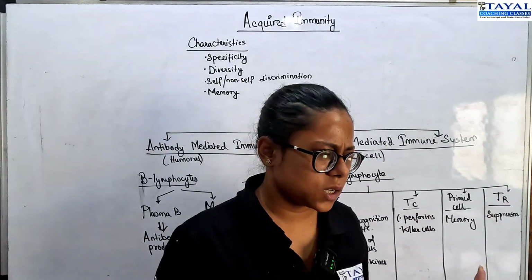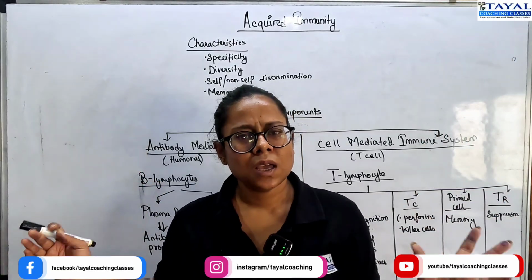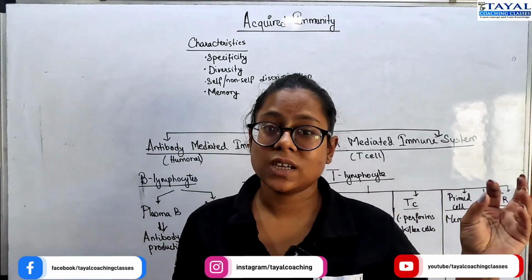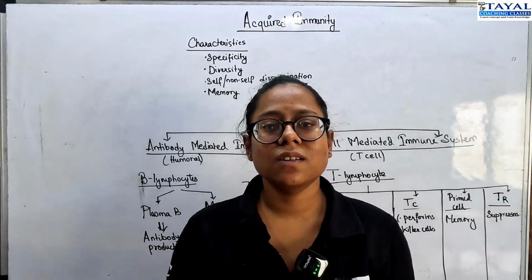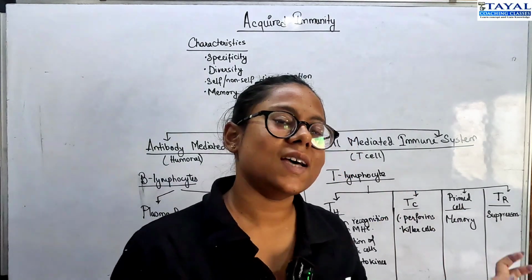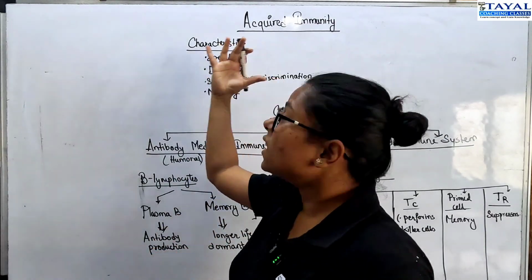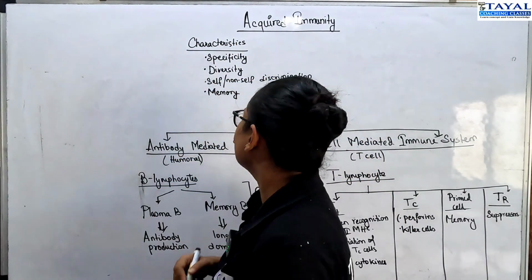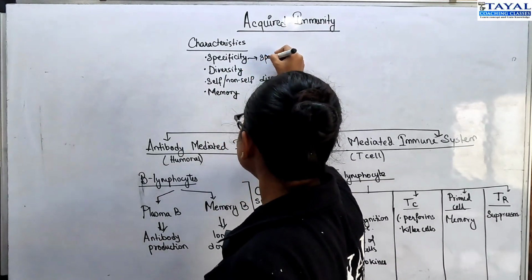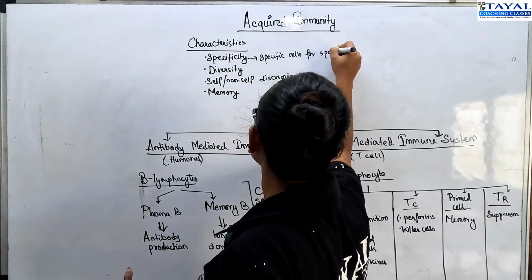So if it is a virus, let's work some way. If it's a bacteria, let's work a different way. Nothing like that. It's one whole system that works against anything that is an antigen, right? Anything that is an antigen, I say, because antigens can generate antibodies in your body. So anything that your body will think of as antigen, it will destroy that. But our acquired immune system has specificity. So it has specific cells for specific antigens,